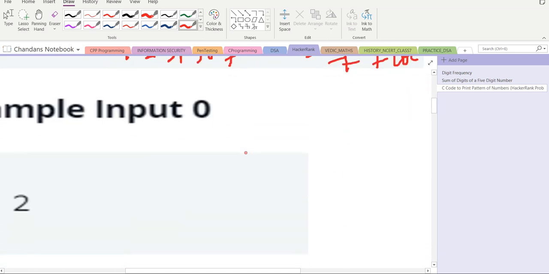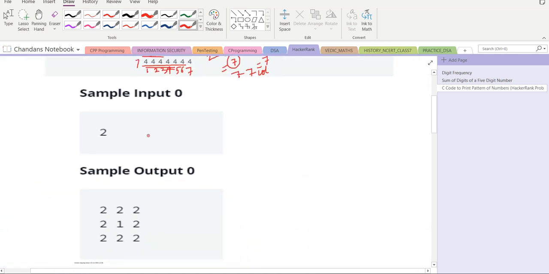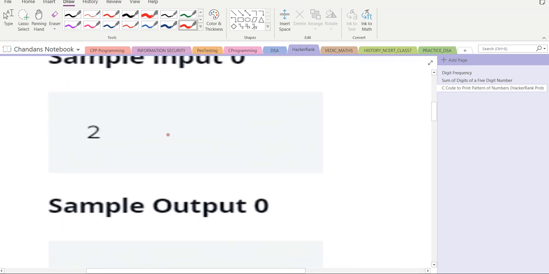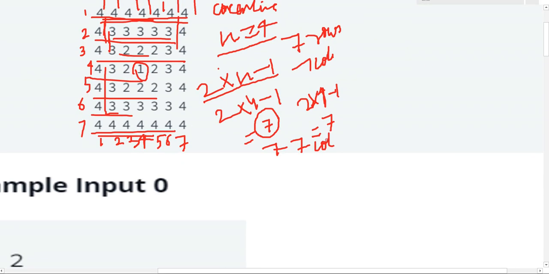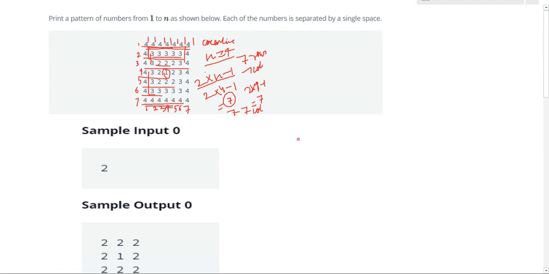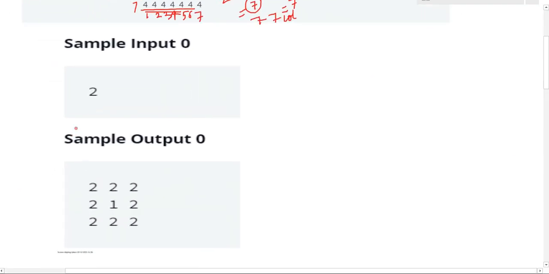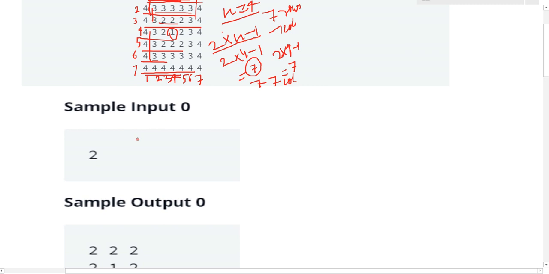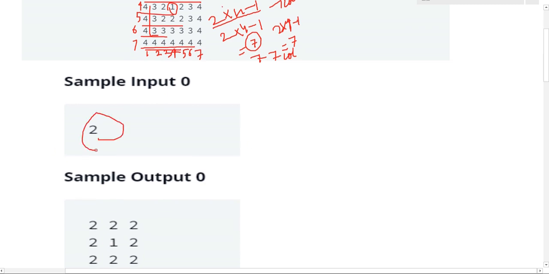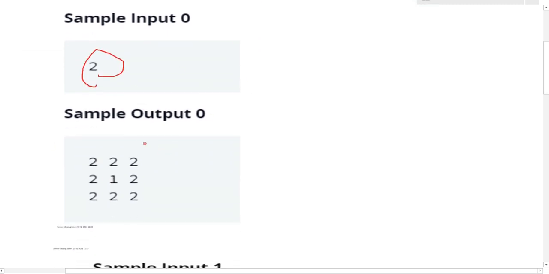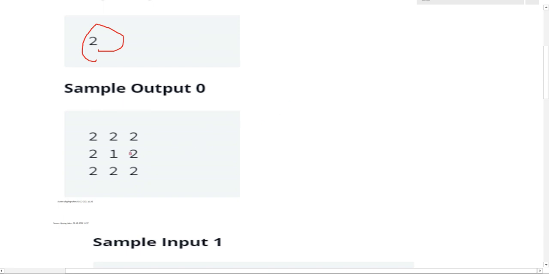Suppose, now let's take another example. Wait a second, I need to zoom in. What will happen if I put 2? How will it print? 2 means 2 into n minus 1, that will be the number of rows and columns, right?